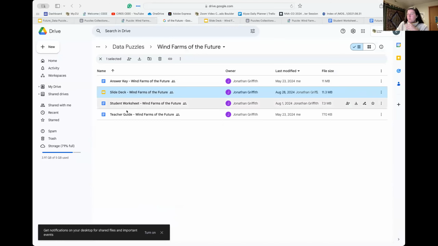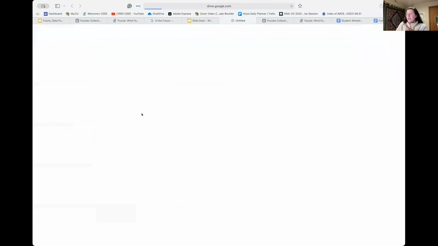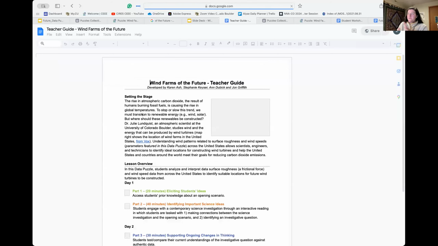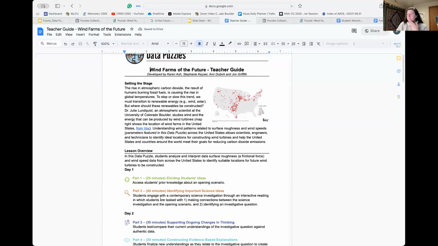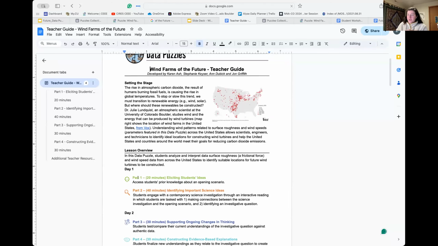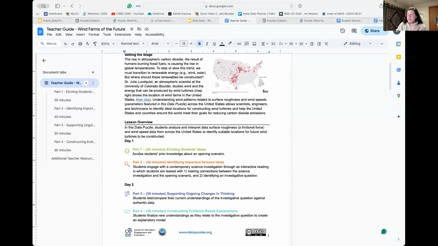I want to walk through the teacher guide really quickly. We try to keep these teacher guides fairly short, three or four pages at most. But this breaks down the different steps of the framework in the teacher guide. So part 1, part 2, part 3, part 4.